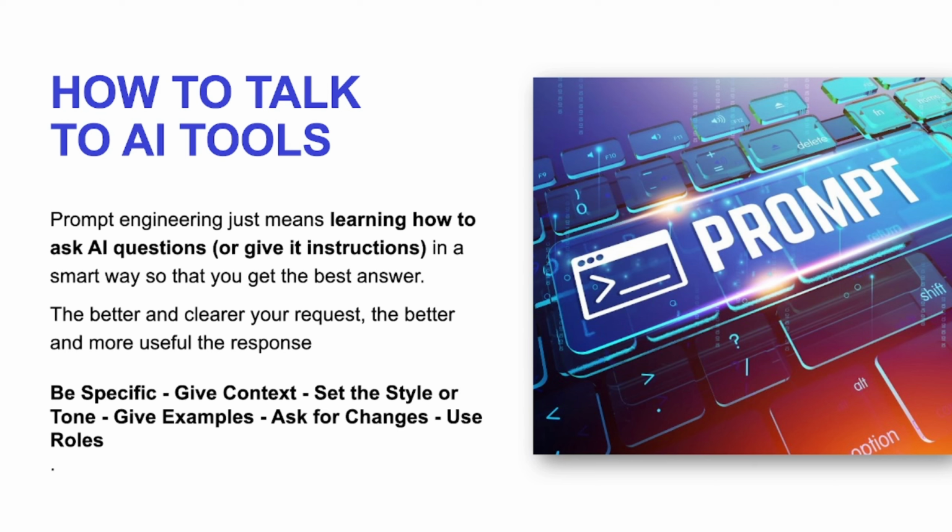Show it the style of writing. For example, you want to model a particular person's kind of tweets. You copy as much of the person's tweets as you can, you put it in the AI tool, and now tell the AI tool to model this tweet pattern and create the same thing for me, and it does it for you. Now you can still ask for changes.